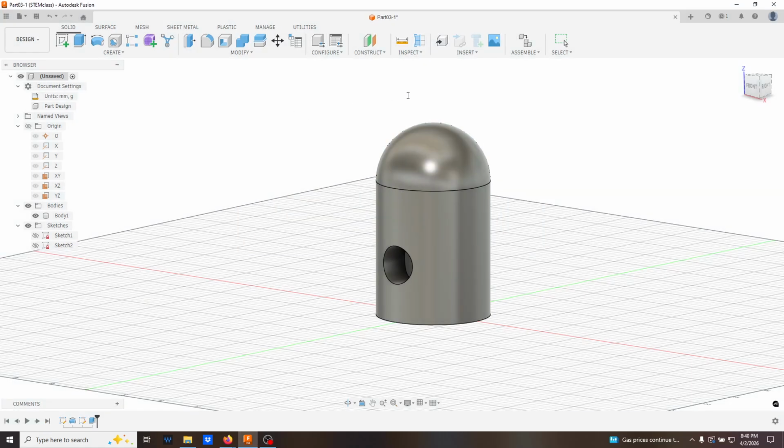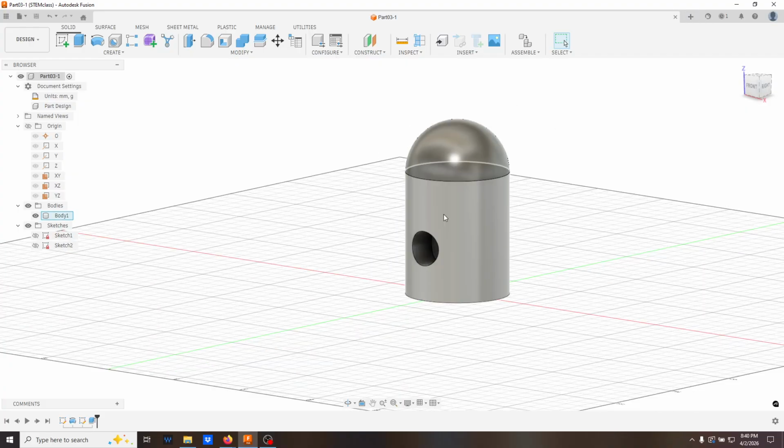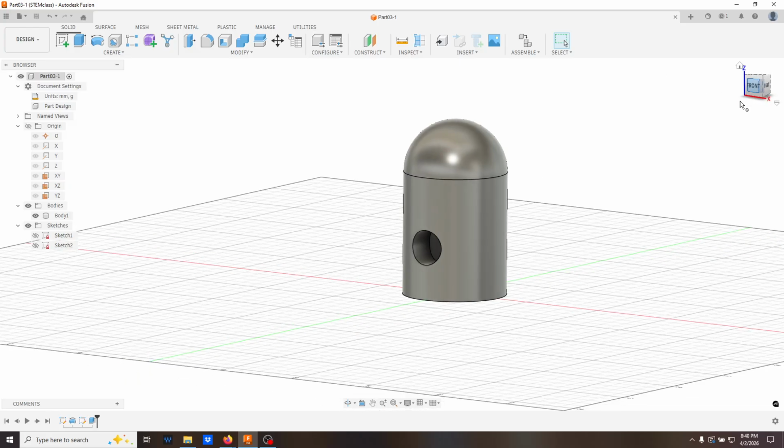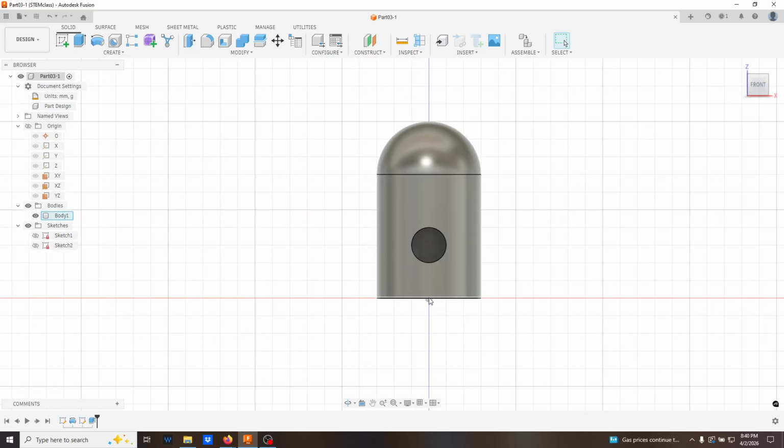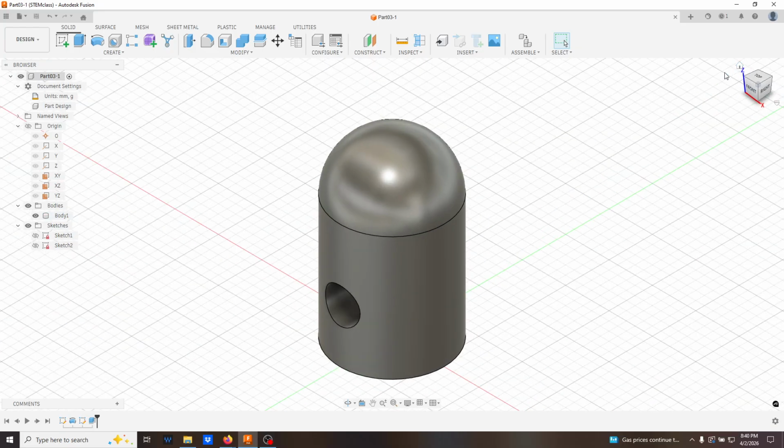Save that. Okay. Now I'm going to go ahead and start a new one up. Now what I'm going to do here is I talk about design intent, and right here, before I switch away from this one, I want you to notice where the world origin is, right here at the bottom of the part. So one of the things I always like to keep in mind with design intent is that we